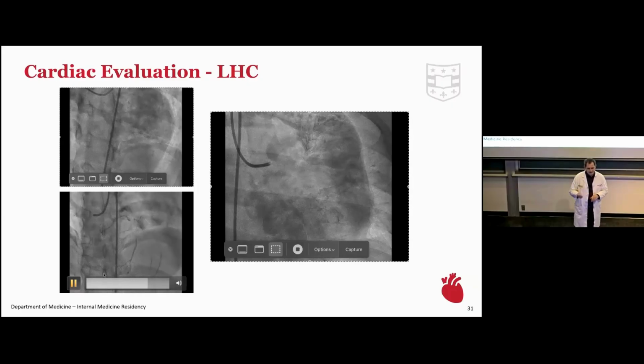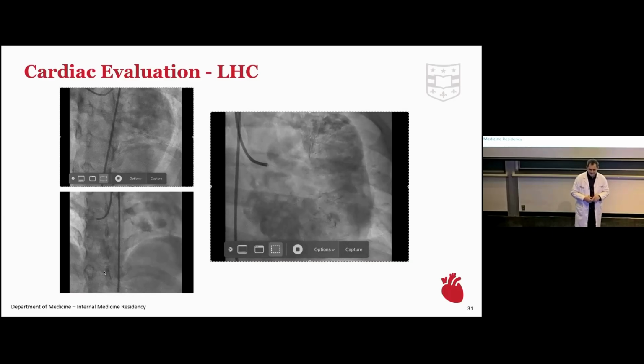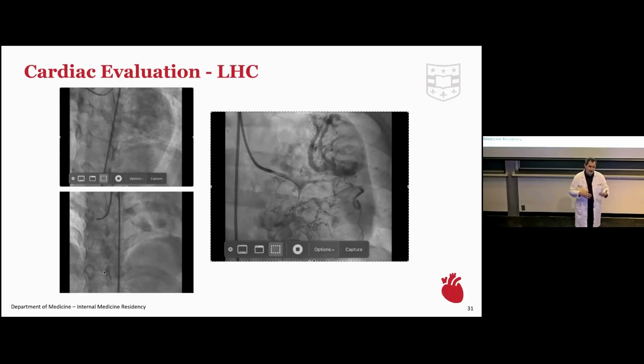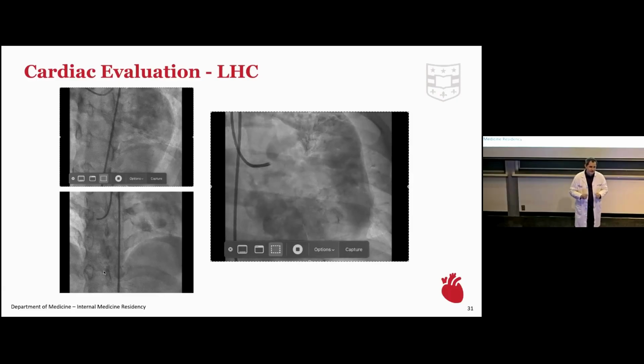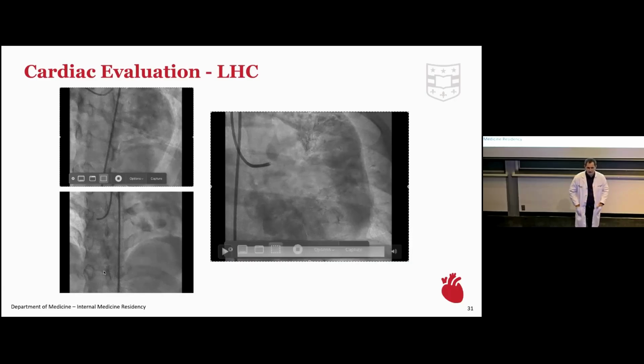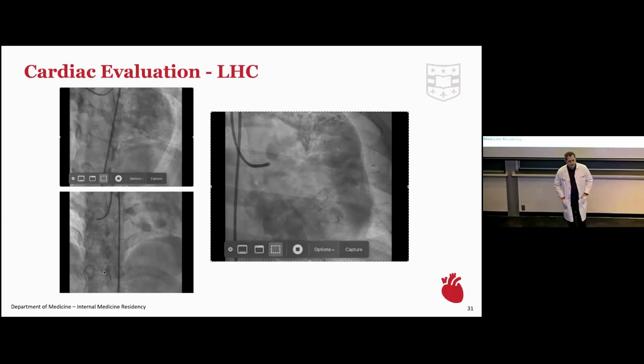But when we inject the left coronary artery, which is the bigger image, we see definite communications. And so thinking in your head that you should be seeing more of that bottom left image where you see these discrete blood vessels and you don't see all this extra stuff. Now on the left coronary artery, we're seeing all of this extra stuff, both on the bottom part of the picture and on the top part of the picture. So you really are seeing a lot of supply of blood flow to the tumor directly from the coronary arteries.